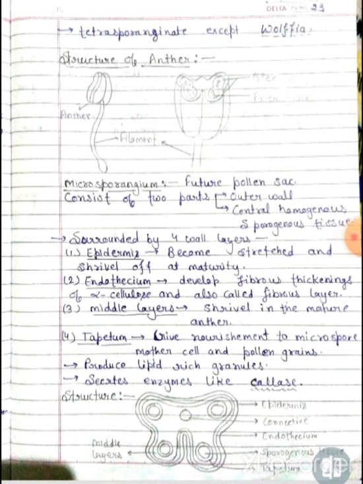Today I am going to discuss the remaining part of your chapter 2, sexual reproduction in flowering plants. In the previous video we talked about the reproductive parts of a flower and we also talked about the stamen. Now I am going to discuss all the remaining parts, what the female reproductive parts are and what the male reproductive parts of a flower are. Now I am going to tell you about the anther.